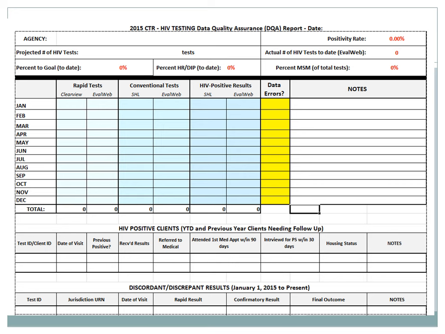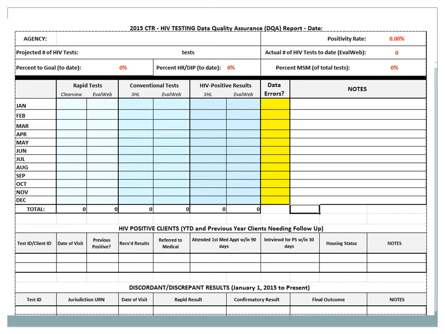This is actually an example of the template that is used to share data quality with our sites. I think this has been emailed out or will be emailed out, but we're very happy to share it with anyone who'd be interested. Each state may differ based on the amount of data sources they have. Again, we have the rapid tests, which come from Evaluation Web, and then the agency's own quality assurance report. And then we have the conventional tests, and that report comes from both Evaluation Web, but also our state hygienic lab.